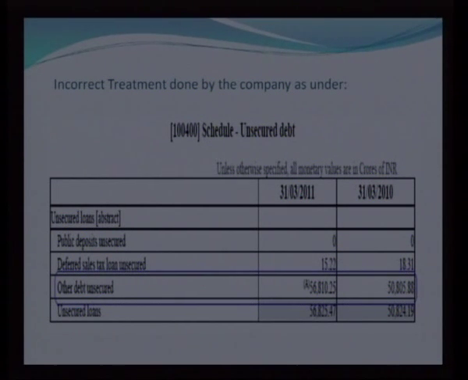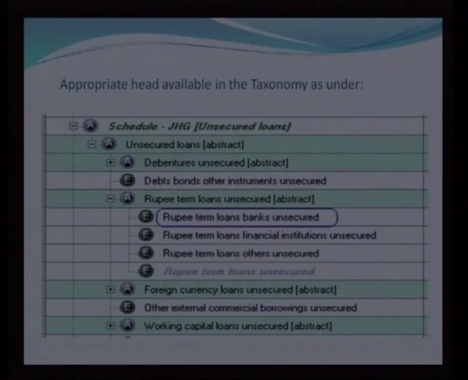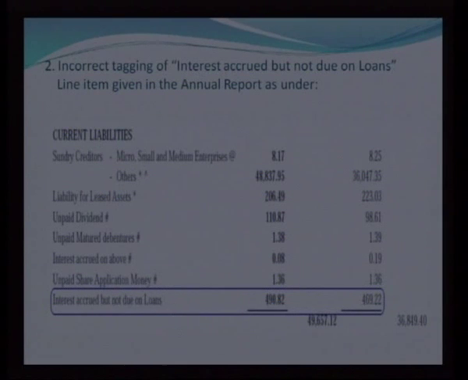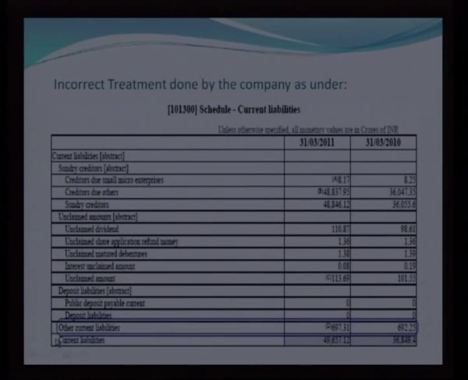If you are not able to find it, what will you do? You will tag it under Others, because that is very, very easy for us. But this is not the right approach. If you see the taxonomy, rupee term loan, bank, unsecured, a very, very specific tag has already been assigned for it, and we are using Others. And sometimes we will see that the Others figure itself becomes the biggest. So we should not follow that approach and we should be very, very cautious about it. Now here, interest accrued but not due on loan, 490 crores. It has been tagged with other